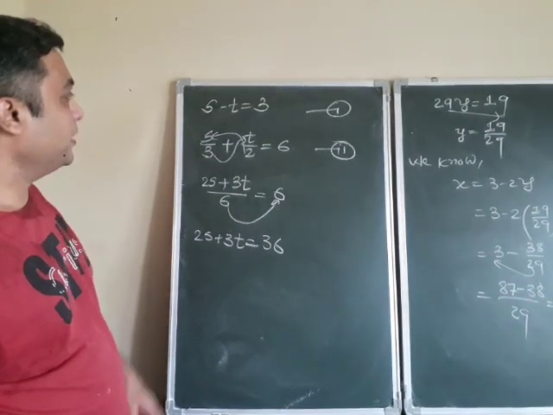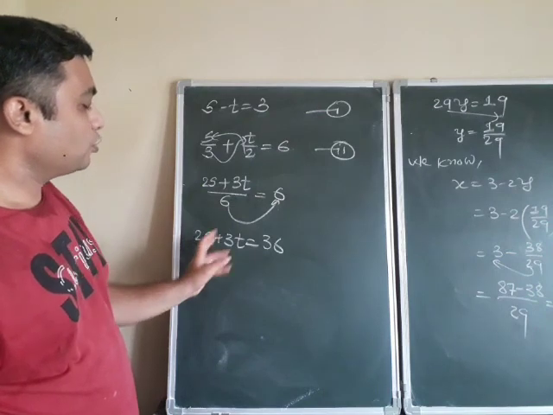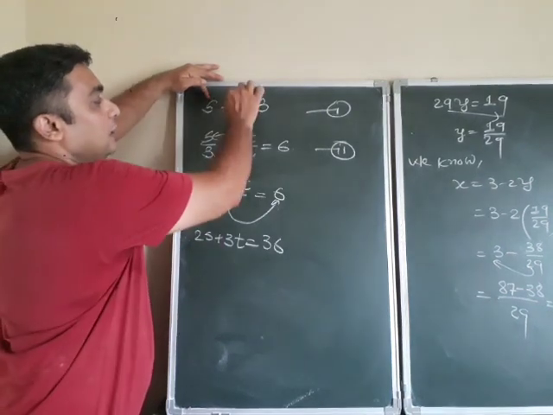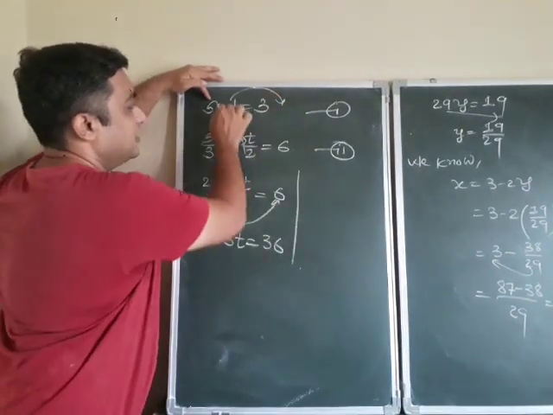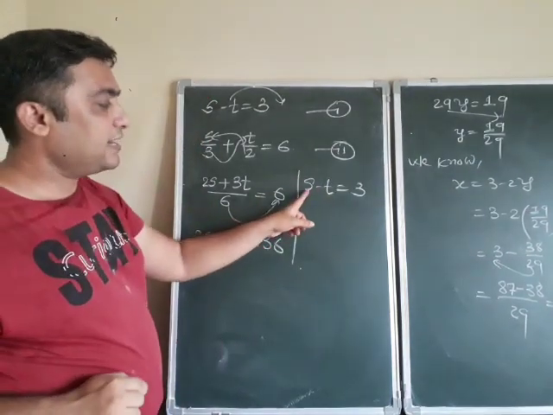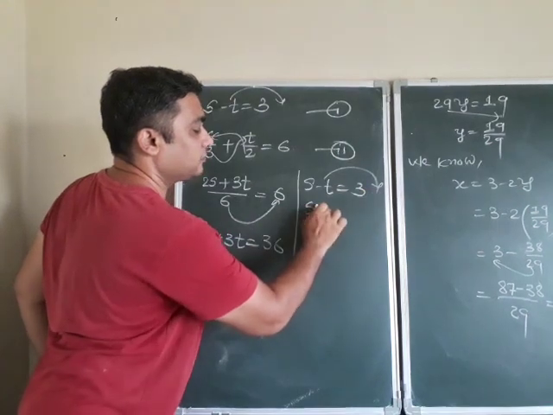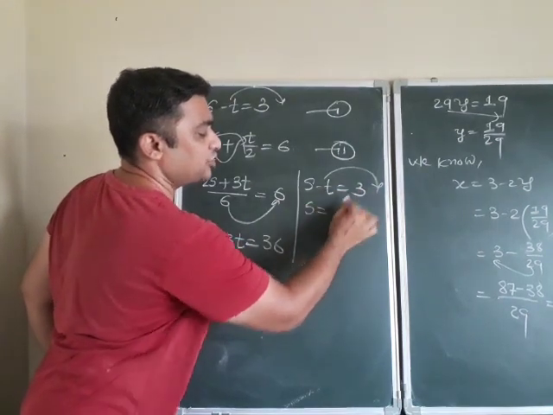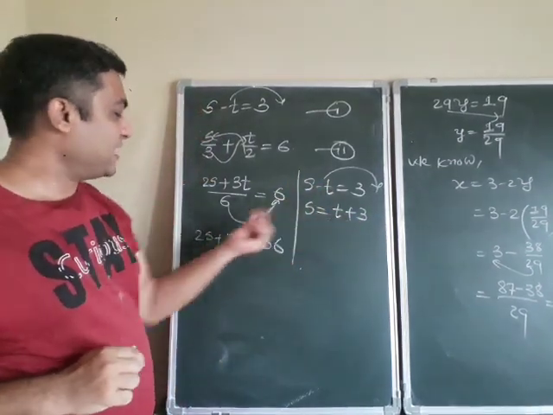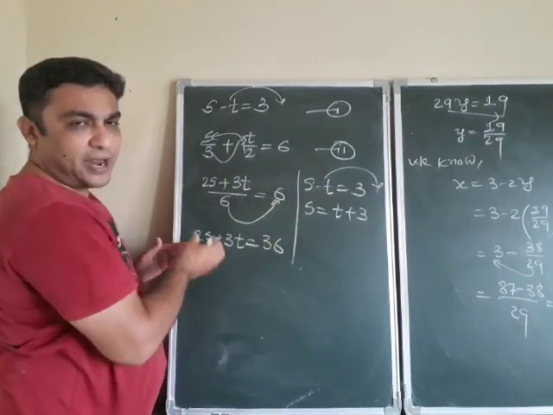Fine. Now if I substitute the value from 1 to 2, it would be easy because here something is divisible. Here I decided that I want to substitute the value of s, so minus t goes to the other side. See here, s minus t is equal to 3. Now if I have decided I want to substitute s for t, I take minus t on this side and I get the value of s. Minus t on this side, so this is plus t. So this should be easy. Now s I can substitute here. Let me substitute from here into this one, and I find the value.